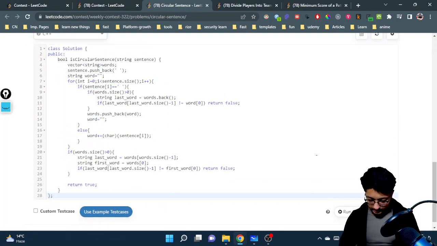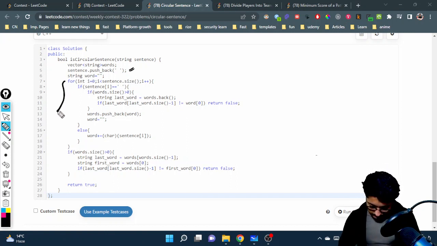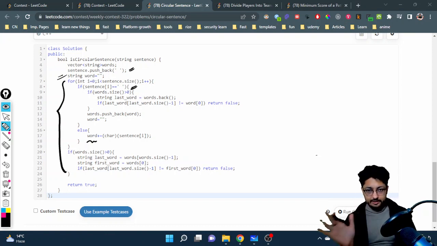Let's talk about the code now. So we have inserted a space at the end just for the last word. Now we are iterating over the characters one by one, moving from left to right. If we find any character that is not a space, then we keep on building the word. Every character we take and insert inside the word, and if it is not a space, we keep on repeating. Whenever we find a space, which means that a complete word is completed,